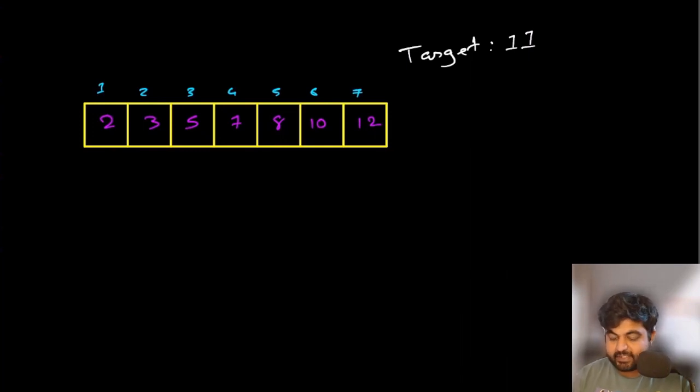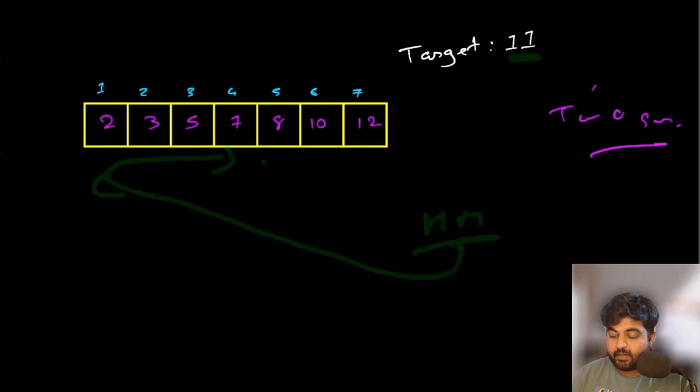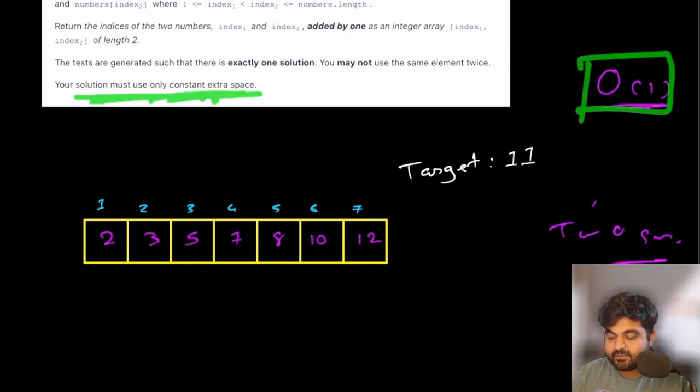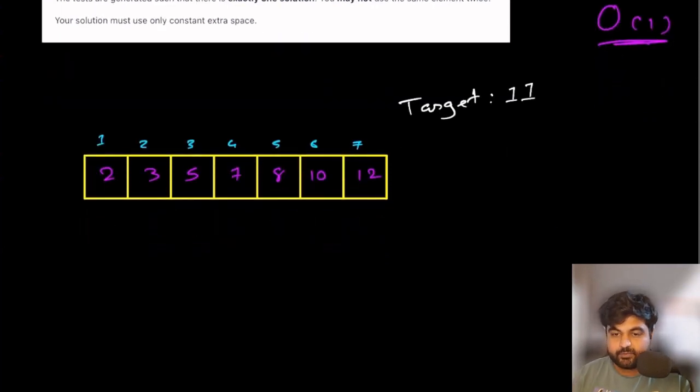So let me first quickly show you why the two-sum solution won't work here. Because in the original two-sum solution we were using a hash map, and in the hash map we were storing the values that we have already iterated over, and then it became really easy for us to find the target value. But in this case we are explicitly told that we need to find the solution using only constant space. So space complexity has to be big O of 1, hence we should not consider using the exact solution from the two-sum problem. So now let's come back to our main issue, and let's just find the most beautiful thing, that is the two-pointer concept.